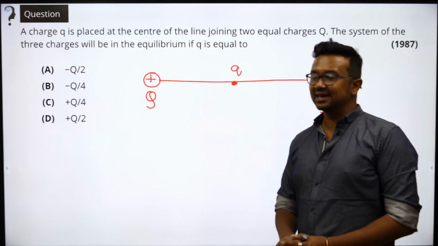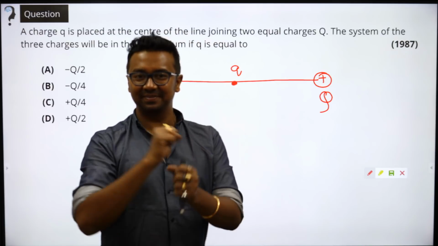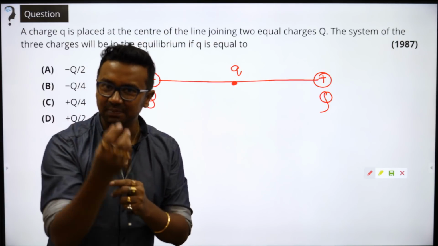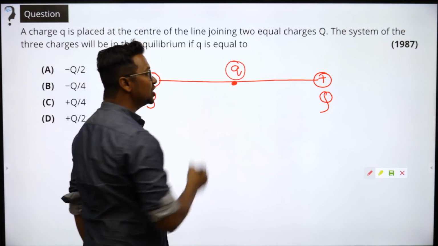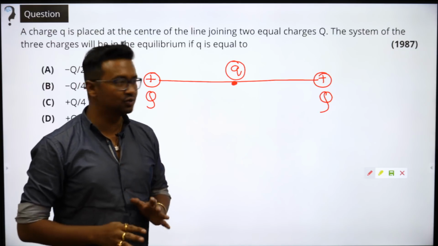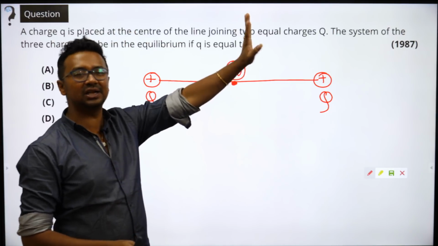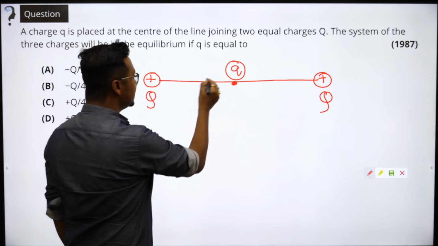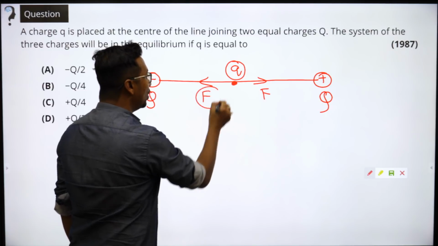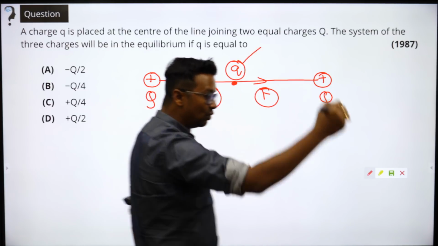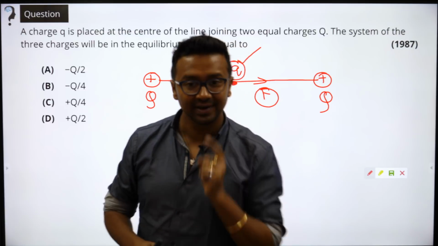Now they are asking us if this system, this entire system out here is in equilibrium. मतलब हर किसी चार्ज पे force is equal to 0. देखो, this central charge out here is going to have a net force equals to 0. Whether it's positively charged, negatively charged, whatever may be the charge on this particular thing, because here this is going to act a force in this direction, this direction. So if I analyze the force on Q, I will not be able to find out what is the value of small q. ठीक है.